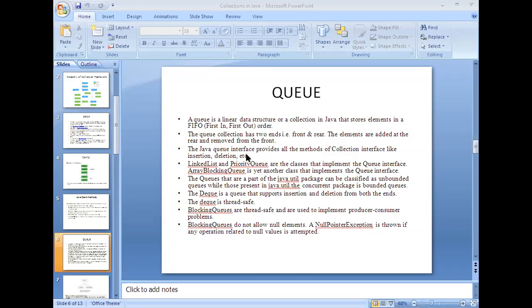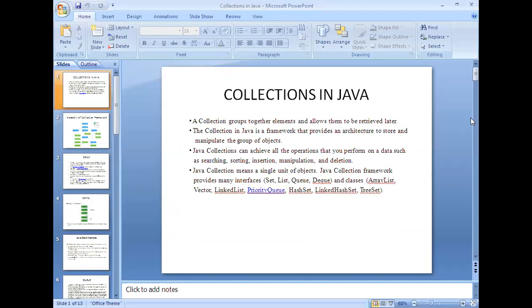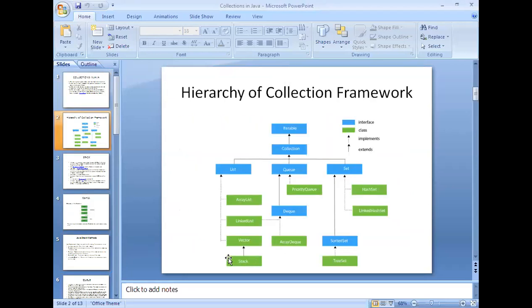The Java Queue is an interface, whereas Stack is a class. You can observe the diagram here. As I told you, green colored rectangle boxes are classes, whereas blue colored rectangle boxes are interfaces. So Queue is an interface. You cannot directly create an object of it. You cannot instantiate it. So that is the reason